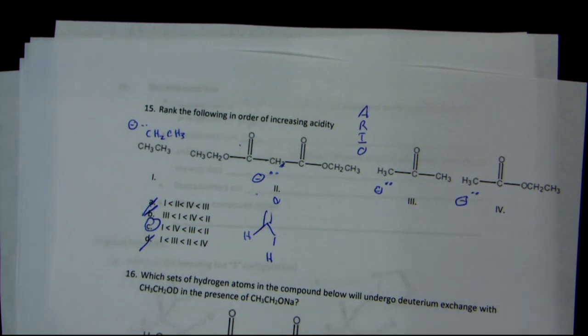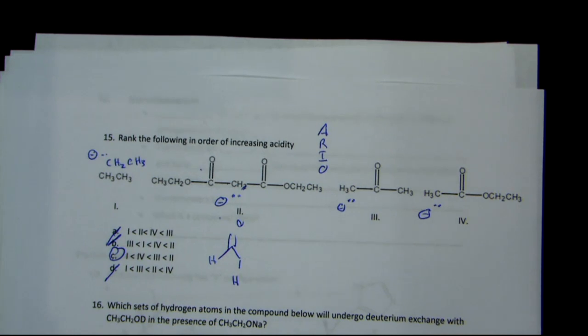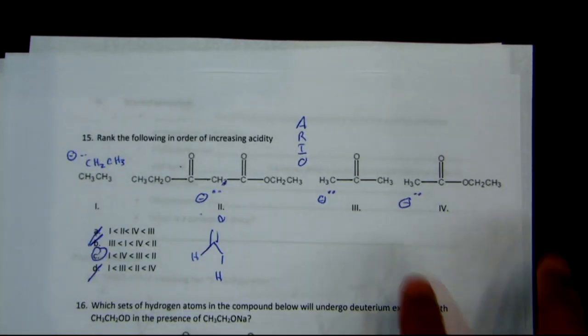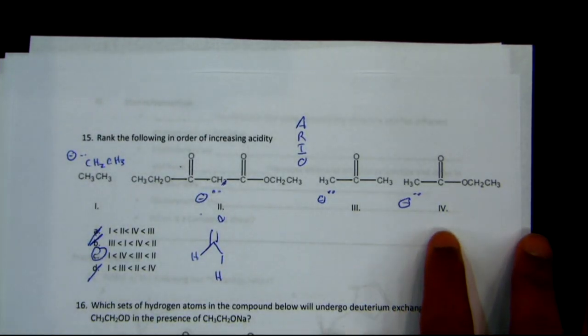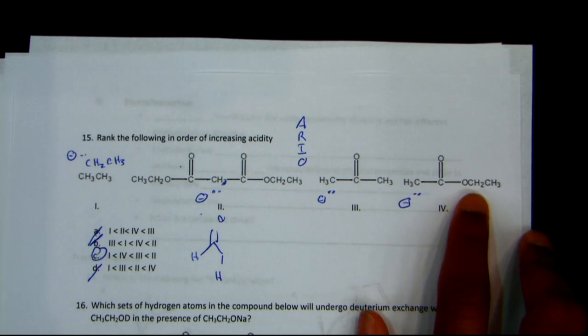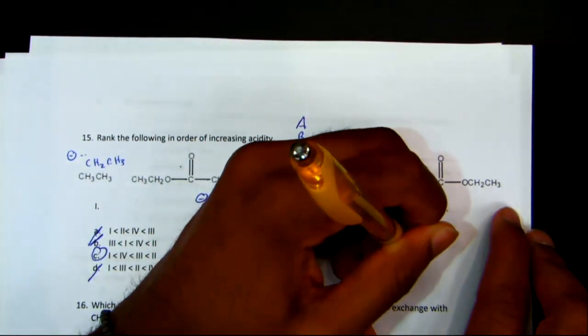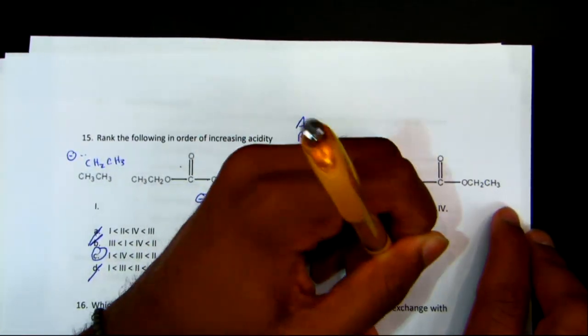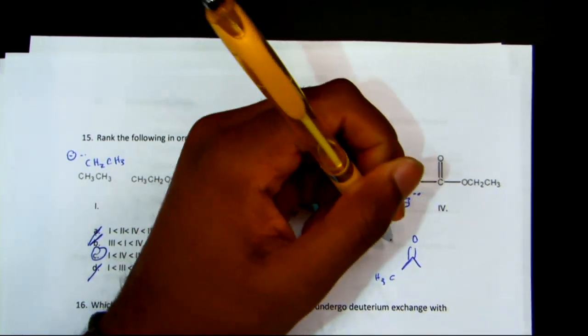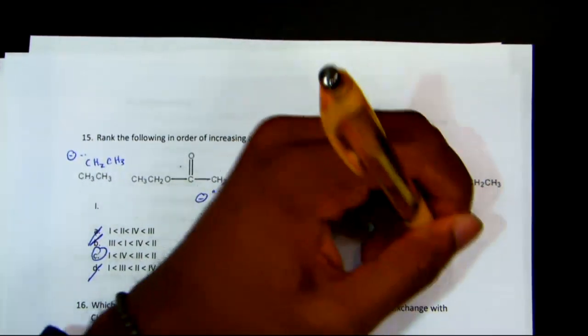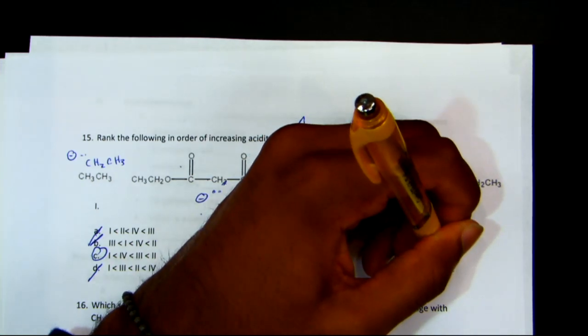Is that the same thing with 4? Like, wouldn't you take it off of another, like the alpha group? Wouldn't you take the hydrogen off the alpha group and then? So if I took off, let's look at this. Good question. So if I took off a hydrogen off my ethoxy part, let's say if I just took it off, maybe,